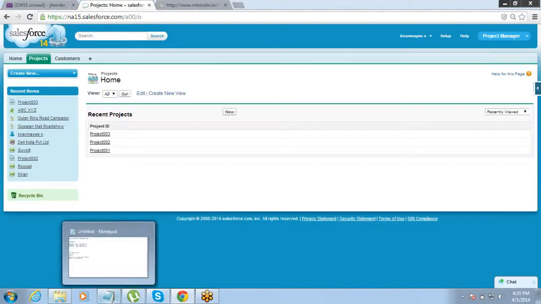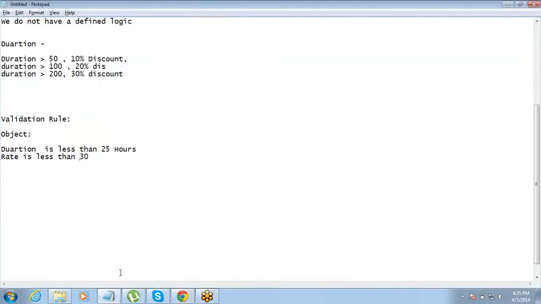Same way we can put our other validation rule for the rate thing, right? Validations can also be a little more complex. The business can say that we will take a project which is less than 20 hours, but for that the rate always has to be greater than $100.